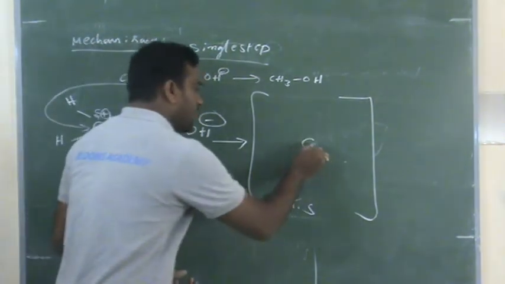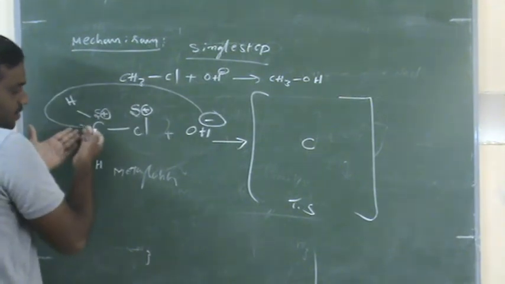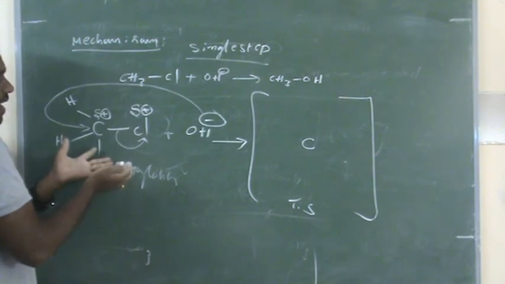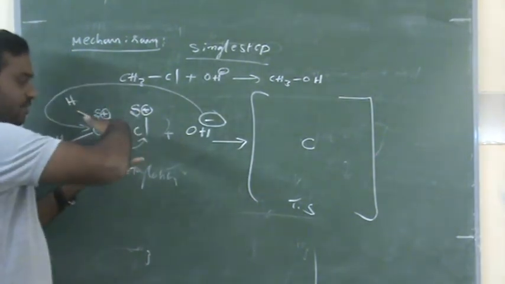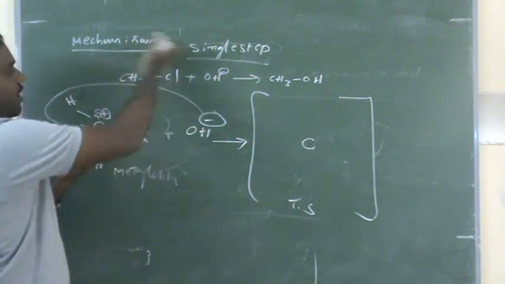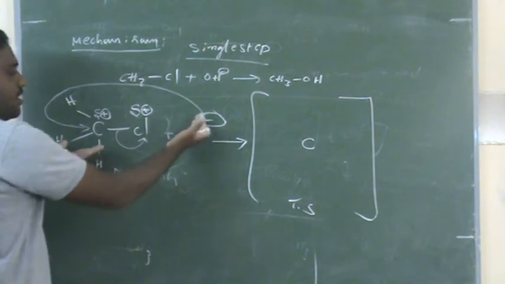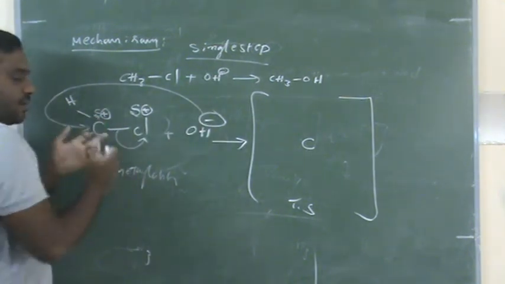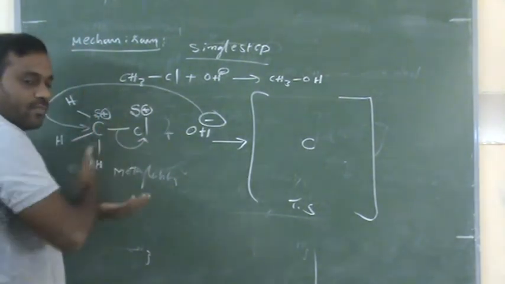See, when the nucleophile comes and attacks like this, the Cl we can call the leaving group. Why? Because when one nucleophile comes, one group is removed. That's why it is called a nucleophilic substitution reaction. We discussed this at the start. If the nucleophile attacks this electron deficient carbon atom, simultaneously the Cl is leaving.